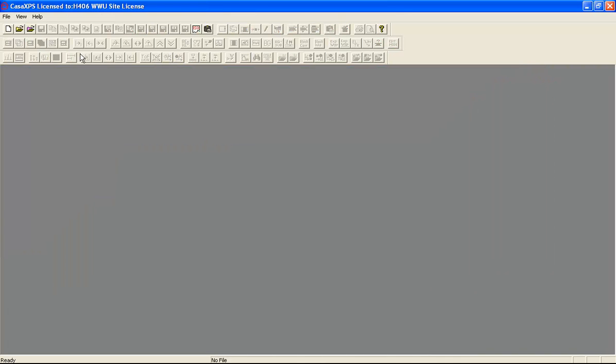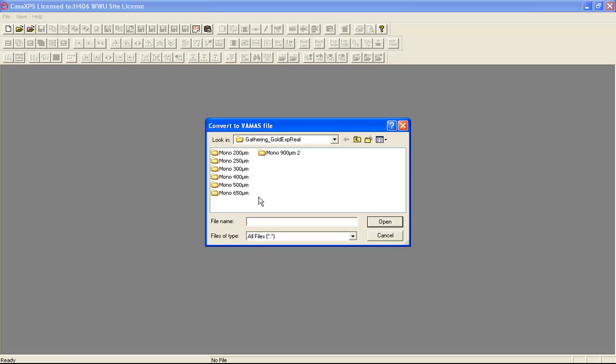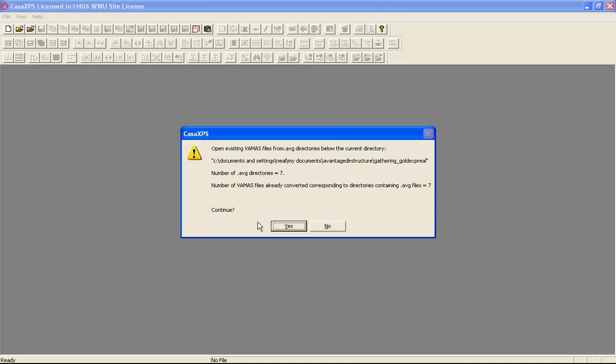So I've now closed all of the files that were opened by the .dth filter, but I can open these VAMAS files by using a convert to VAMAS file option that is really a bit of a misnomer, but what it does is if you say .oth, then it opens the files that were previously created by the .dth filter. And when I press return, it tells me that there were 7 directories that contained .avg files, and also that there are 7 VAMAS files that are available for opening. So if I press yes,